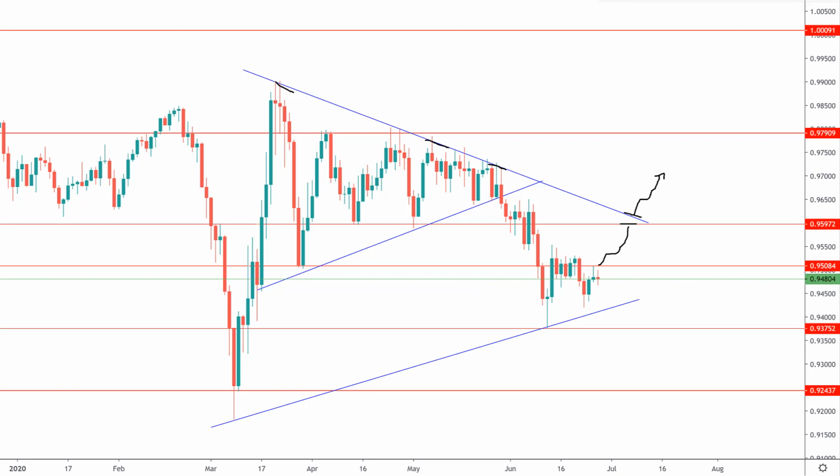Alternatively, next week nothing is impossible in the market. If the bears come in to defend price at this level right here and ensure a daily close back into this dynamic support trend line right here, then I wouldn't be surprised to see the price of the USD drastically depreciate in value to the previous key level structure, which acts at 0.9372, and then this may open the door for the price of the USD to drastically depreciate in value to the next key level structure, which acts at the price level of 0.92437. That is if the bulls fail to defend this key level structure, which acts at the price level of